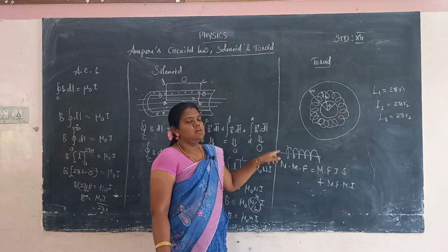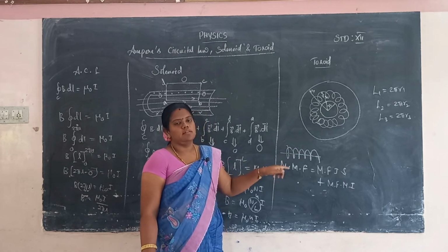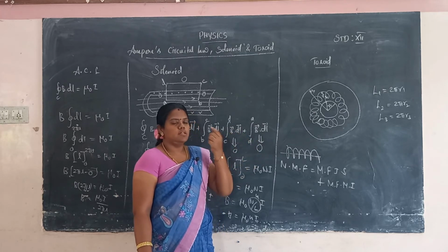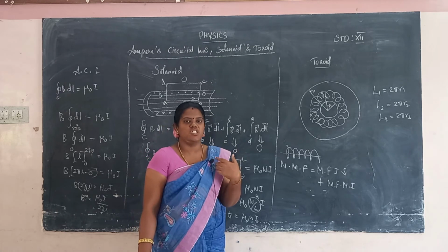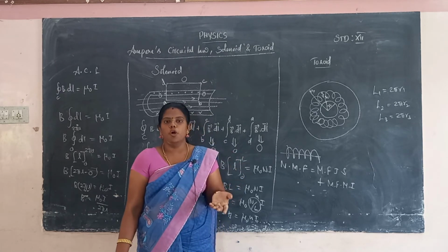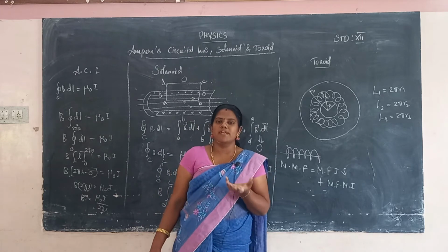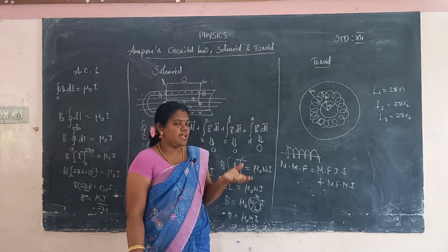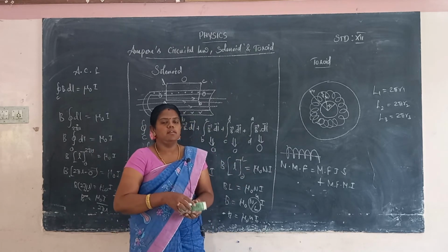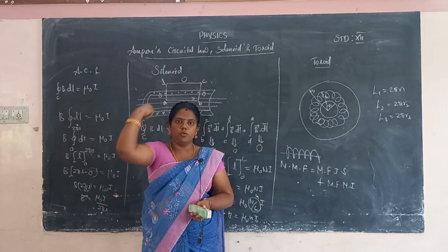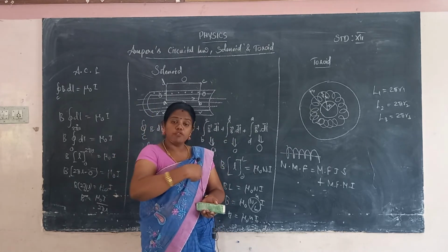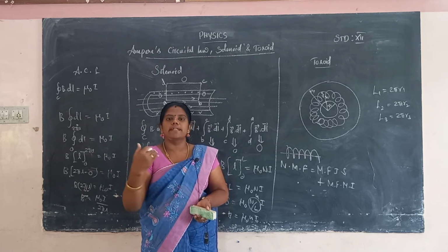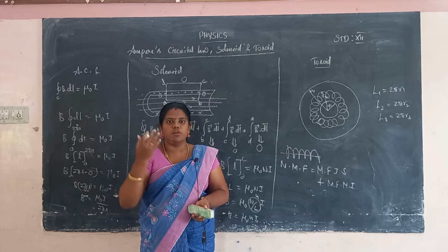Then another application is the MRI scan. The MRI scan is used to find out about tissues or any defects in the head, chest, pelvis and abdomen. By using the MRI scan it can be easily detected. The MRI scan has one solenoid that moves in an up to down position. The solenoid has a number of turns, current is applied to the solenoid, and a magnetic field is created, and that magnetic field is used to take the visual image of the head.